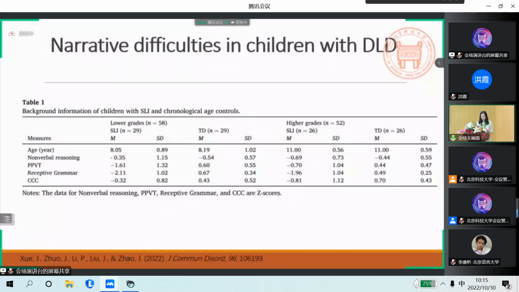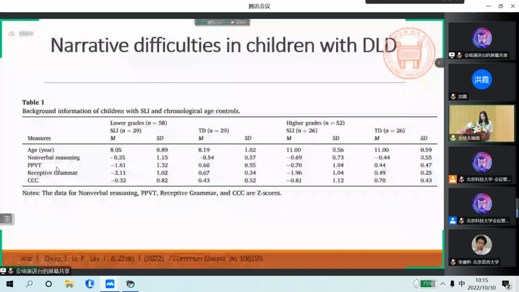The lower group students are from grade 1 to grade 3, and those above grade 3 were included in the higher grade. They were measured on age, nonverbal reasoning, vocabulary,